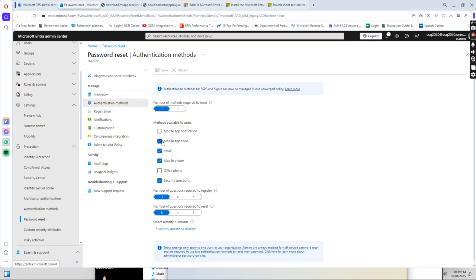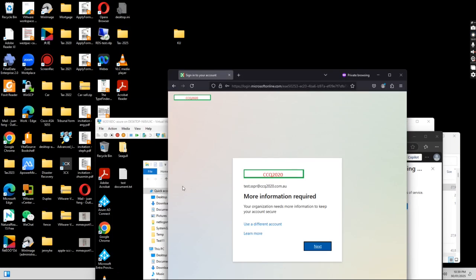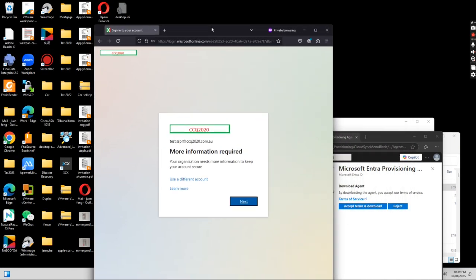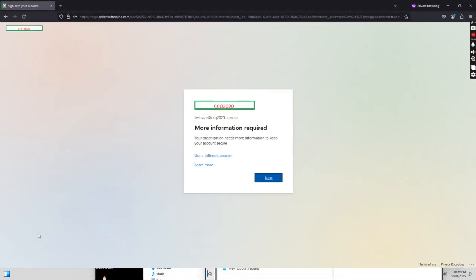So the user needs to put this in. Otherwise, it can't reset the password. So that's why it popped up more information required, because this is just a new user. He needs to set this up first. So if I click next,